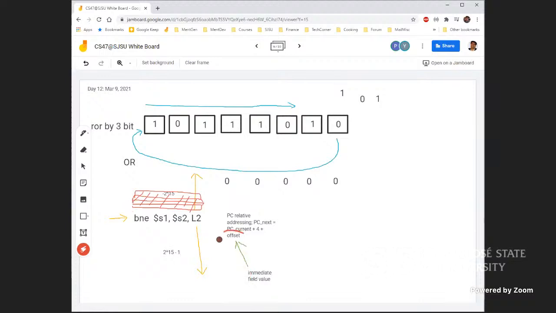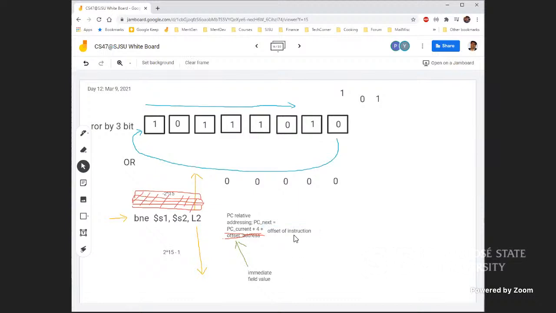So instead of saying this is an offset of the address, if we say this is an offset for the instruction,